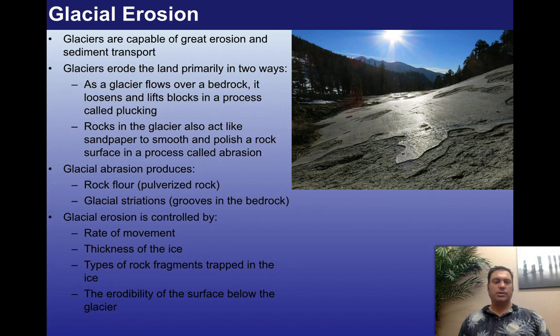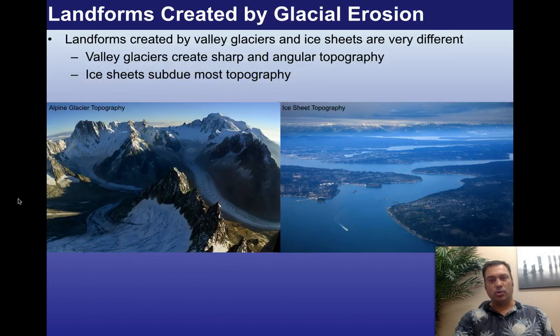Now, the amount of erosion is controlled by the rate of movement, the thickness of the ice, types of rock fragments trapped in the ice, and of course the erodibility of the surface below the glacier. It's much easier to erode loose sands and gravels than it is to erode granite. And that seems to be the main factors in control. And this results in some pretty cool landforms that you don't see anywhere else, right? You don't necessarily find these types of features